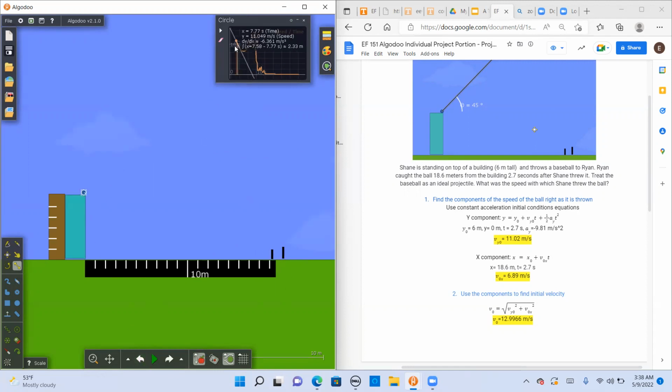And it shows you the speed. So the speed here is 12.3, which is pretty close to 12.99. So the Algodoo simulation shows you